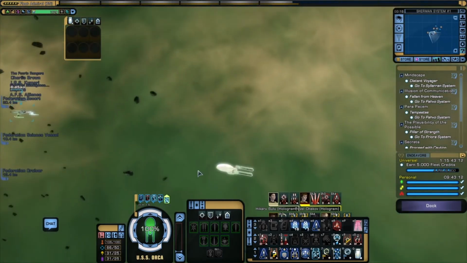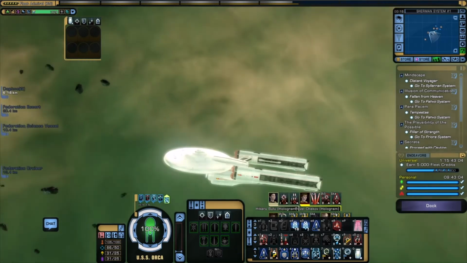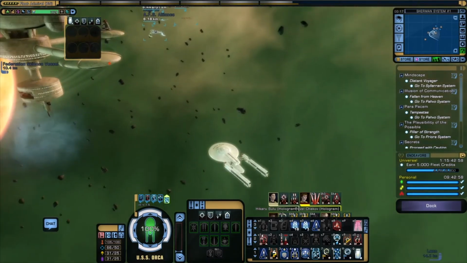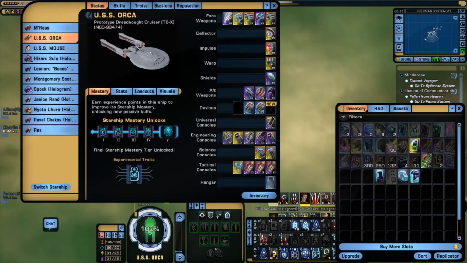This time around I am showing off my Emrys account, and the thing I want to show off today is mainly the 23rd century Dreadnought class, which is this thing here. Hold on. Yeah, the prototype Dreadnought cruiser. There we go. And at the moment, she's been recently upgraded with